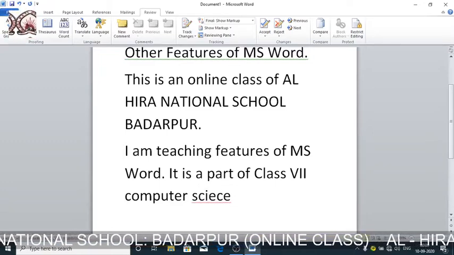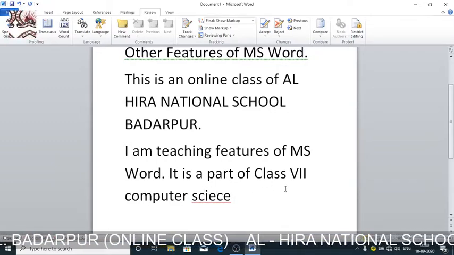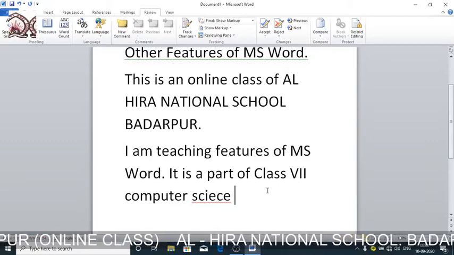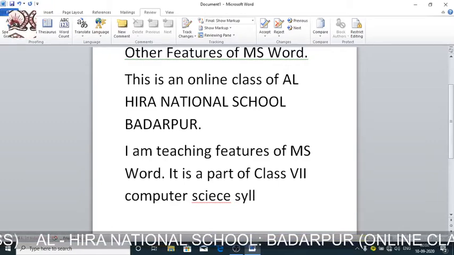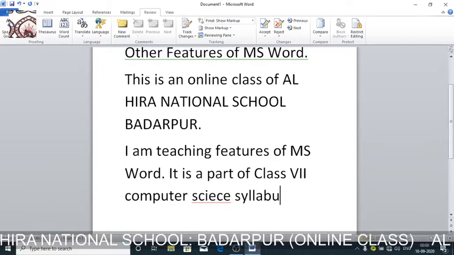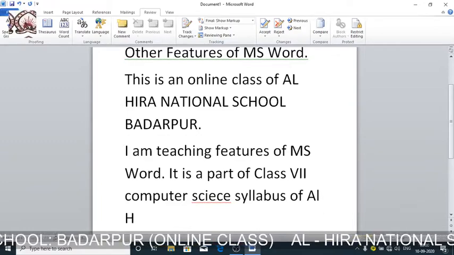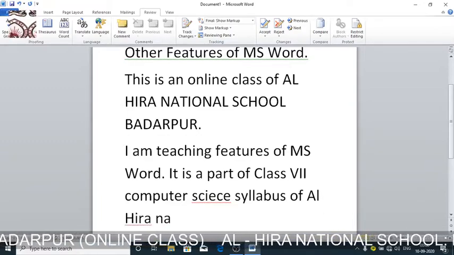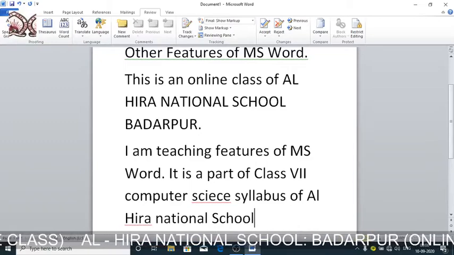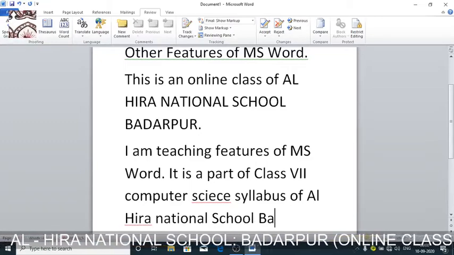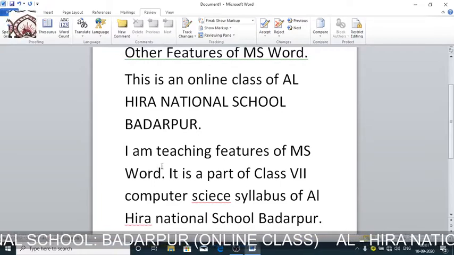Okay, science. It is a part of class 7 computer science syllabus. SYLLABUS, syllabus of Al Hira National School, Badarpur, BADARPUR, and let me do a grammatical